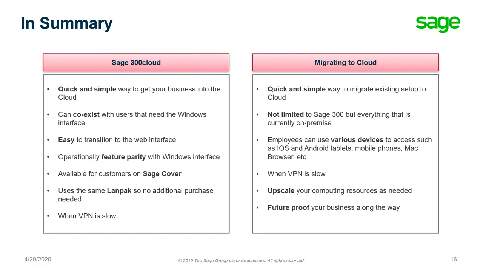Okay, and I think it's available for all Sage Cover customers. So if you're on Sage Cover, you should be able to start talking to the Sage Cover team to see whether you can get some entitlement for this. Nevertheless, talk to your business partner, right? And I'm sure they will be able to guide you on how to get your entitlement. Okay. It uses the LAN pack, so there's no additional purchase required unless you now need to have more people